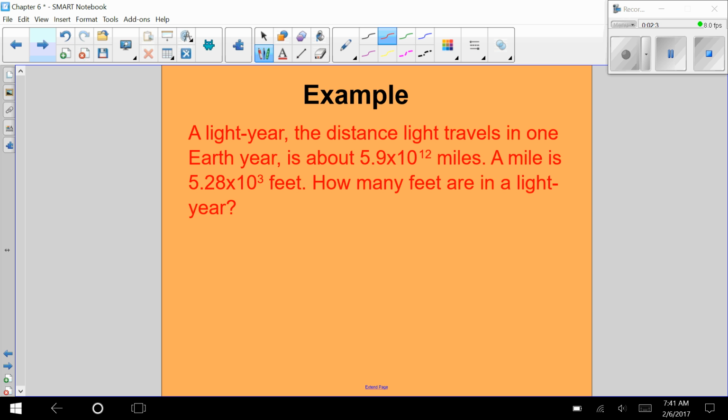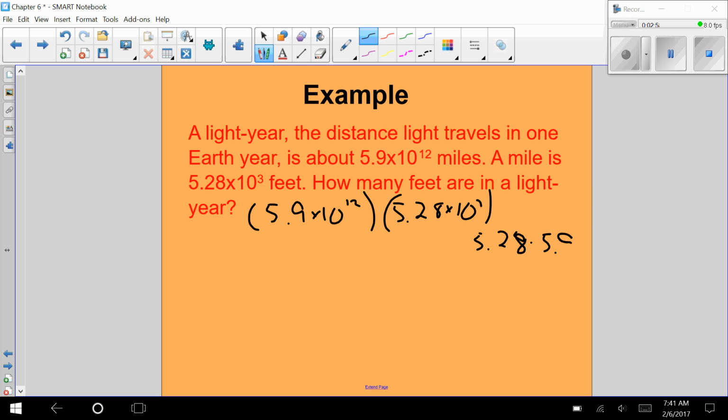A light year, the distance light travels in 1 Earth year, is about 5.9 times 10 to the 12th miles. A mile is 5.28 times 10 to the 3rd feet. So how many feet are in a light year? What this problem is asking me to do is 5.9 times 10 to the 12th times 5.28 times 10 to the 3rd. So we're going to multiply 5.28 times 5.9. I do my multiplication, I'm going to get